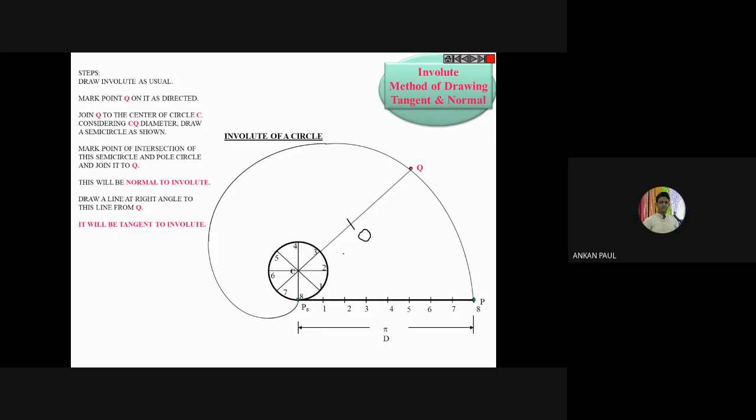Is it clear to all of you? The bigger circle, right, sir? Yes. That means you have to take your compass, place your compass at point O, measure either OQ or OC, then draw a circle. It will be somewhat like this. Yes or no? Yes, sir.